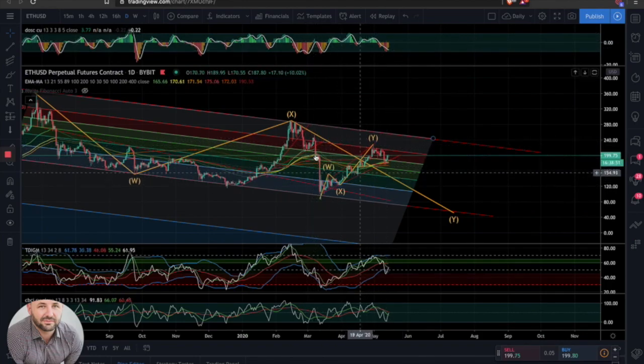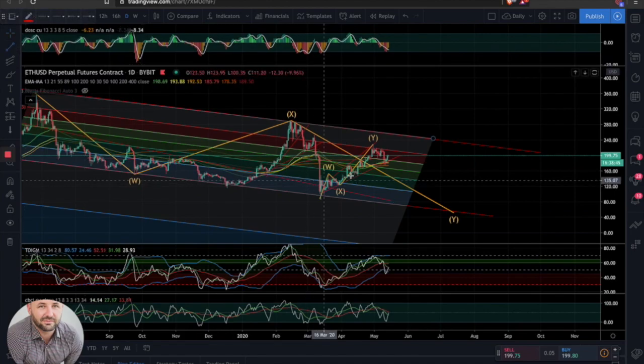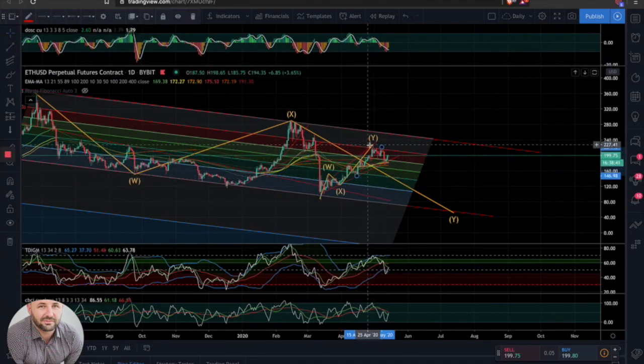So we had a pretty steep trend line right here that we lost. And it's the same thing here. We had a pretty steep trend line that we were following for a little bit right there. We lost it, came back down. And the structure is pretty close to looking the same. So that is what I'm looking at the moment,